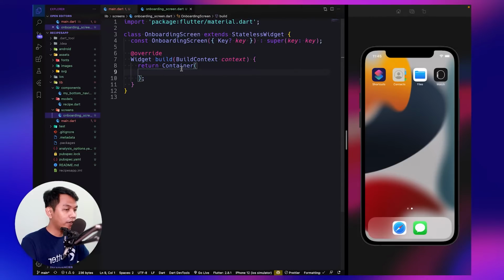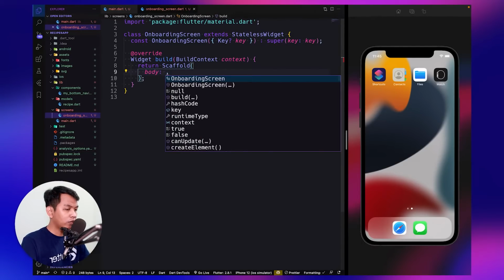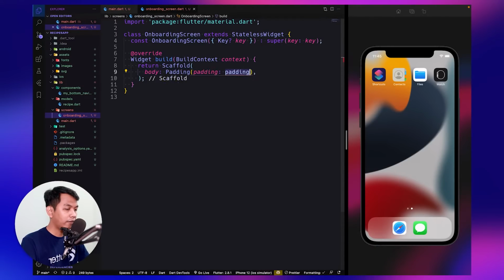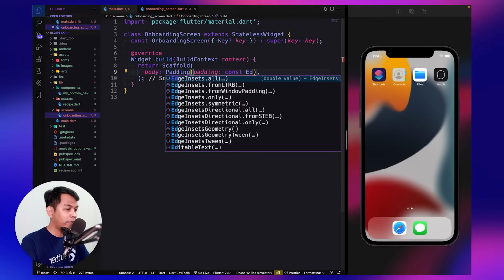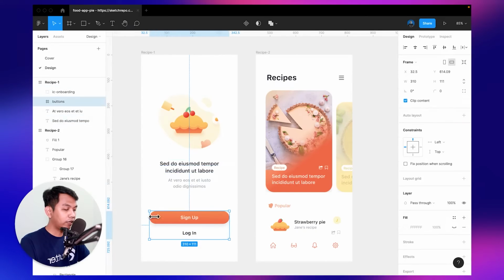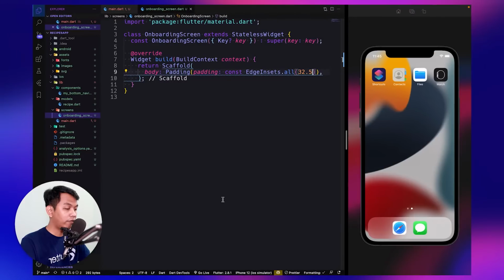So here we return a scaffold, and the scaffold has a body, and for the body we set Padding, and for the padding we can make it all 32.5. We can see from the design, yeah, 32.5.